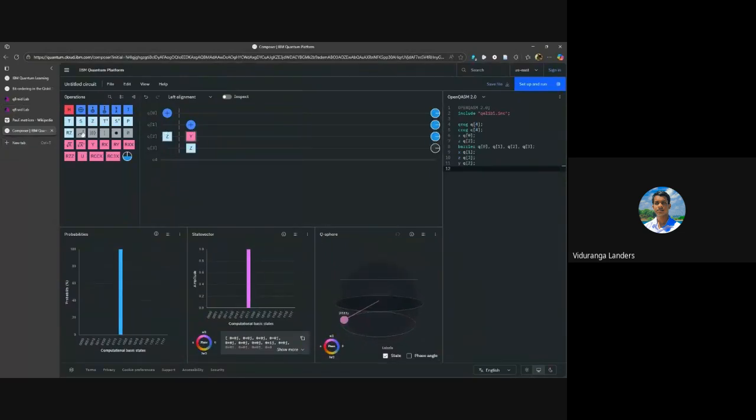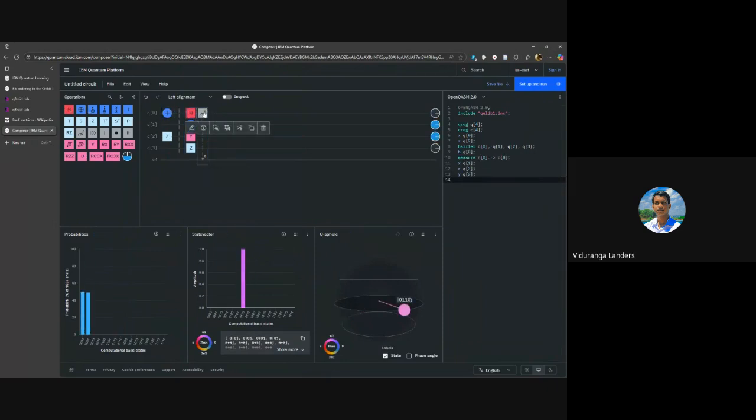Okay, so let's say I added a measurement here. I had a Hadamard here. Once this is measured, after that, this could be either 0 or 1. So if I have to always start from the 0th state, then I have to add this reset gate, and then again I can add the Hadamard and measurement gate. But it doesn't make much sense, because it is going to increase the depth of the circuit when you can just remove all these three and just increase the